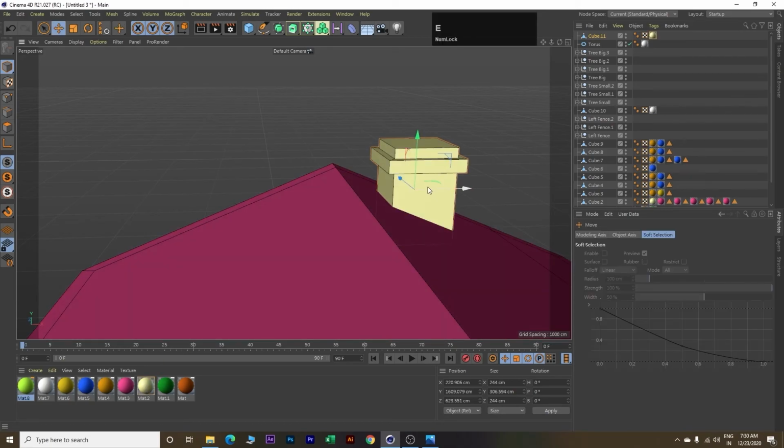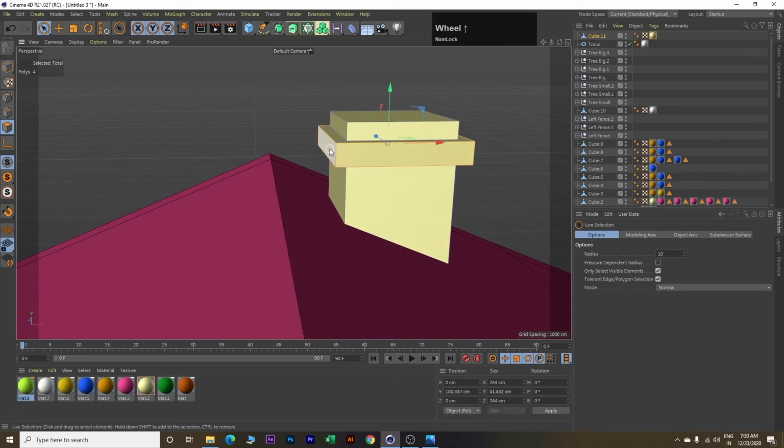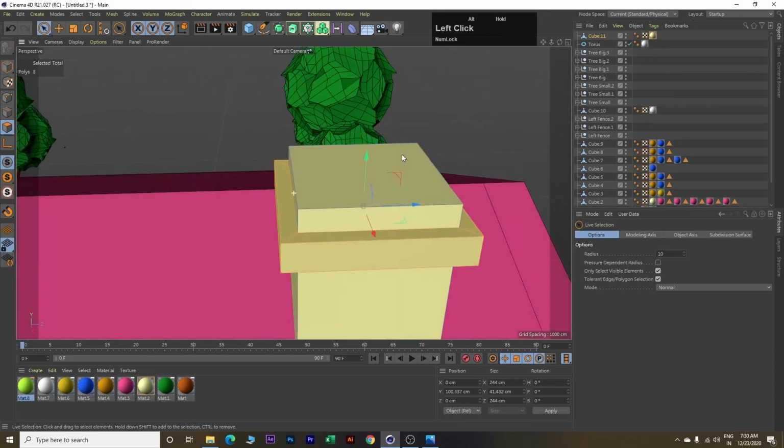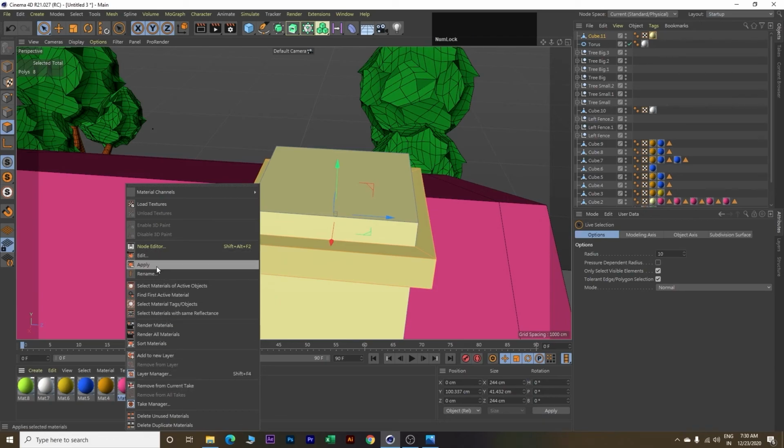Then click E on your keyboard and click on this live selection. Click on polygon and select these outer polygons. Use the shift key and select them all. Rotate, select them. This one, and then right click on this pink and click apply.